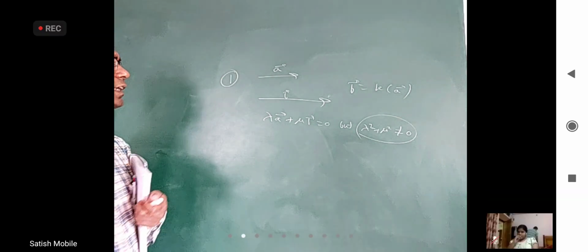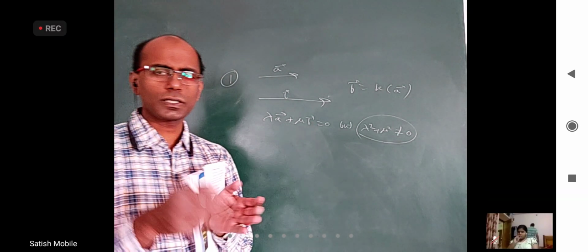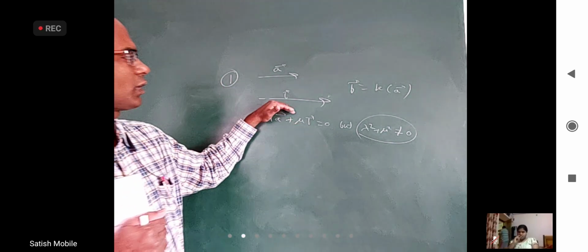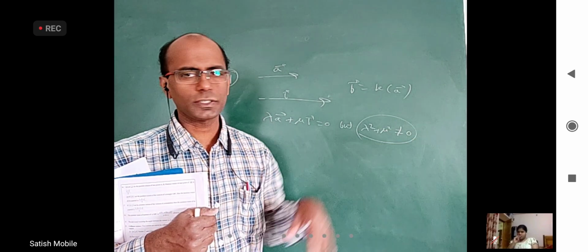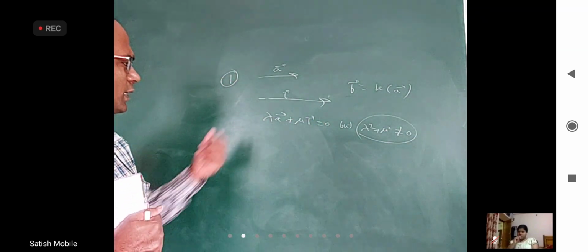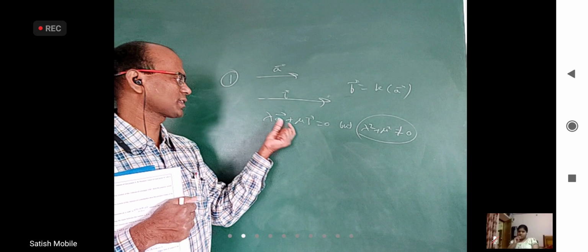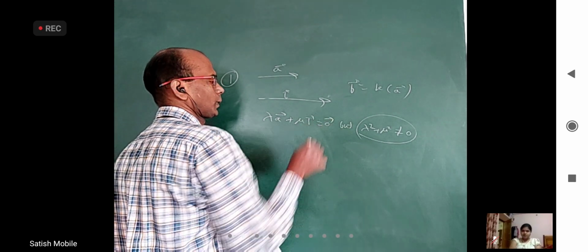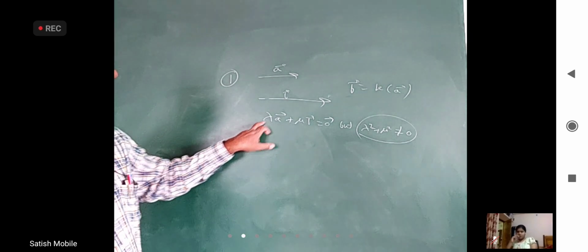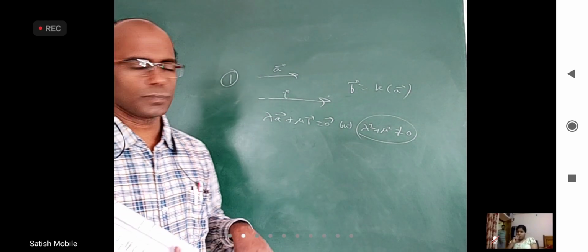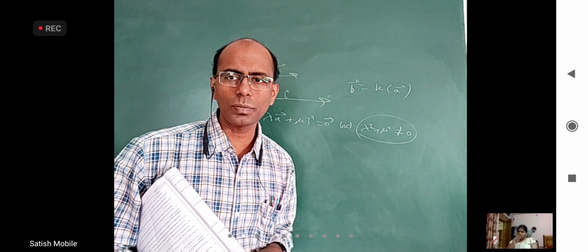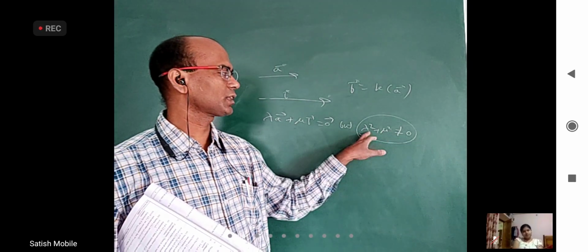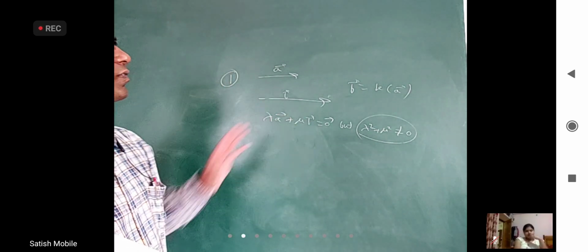Okay, so in collinearity of vectors, we discussed that two vectors are called collinear if they are parallel. Whenever two vectors are parallel, you can write one vector as a scalar multiple of another vector. The same thing we can write as some real number lambda into a bar plus some real number mu into b bar is equal to 0 bar. But lambda and mu both should not be 0 simultaneously. What is lambda square plus mu square not equal to 0 means? At least one of them should be non-zero, because the only way it can be 0 is when both are 0. So that is another way of saying the same thing.